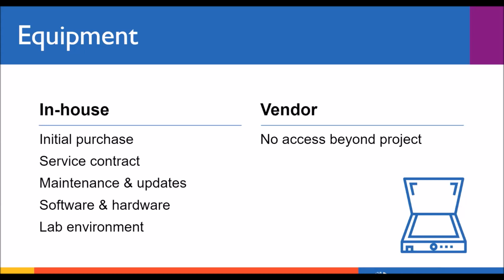Also, consider that technology changes and equipment will need to be replaced or upgraded every few years. Is that something that you want or need to bear the cost of, or would it be better to put those costs on the vendor? That is, if you can even get equipment. If you're planning to digitize audiovisual material, many are finding it more and more difficult to acquire playback devices, which are no longer being manufactured, and existing equipment is highly coveted to use as replacement parts. Even if you can purchase the quality level of equipment needed, it comes with a price tag to match.